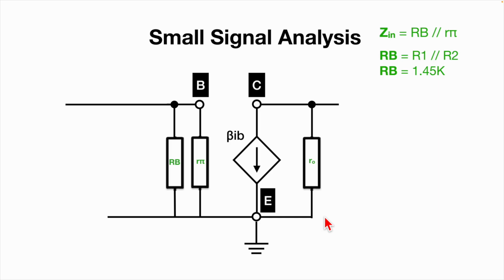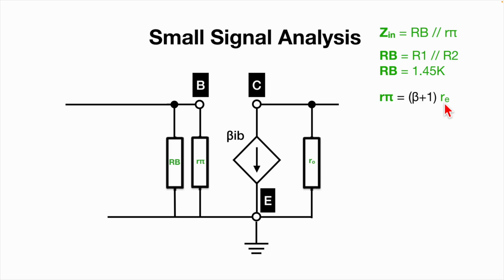R pi is the small signal resistance of the transistor looking into the base. So basically that is beta plus 1, the current gain of the transistor plus 1, multiplied by this small intrinsic resistance at the base emitter junction, R sub E, that I mentioned,